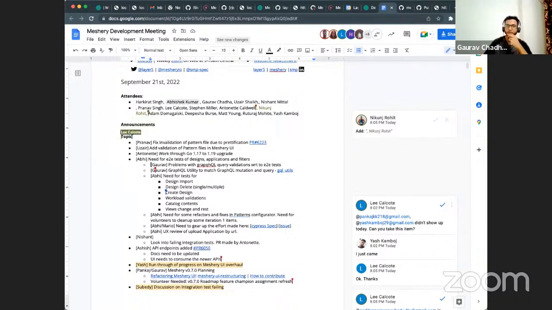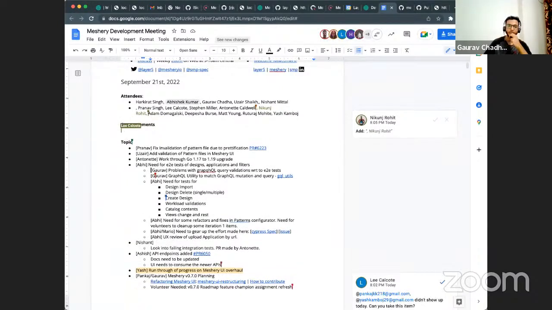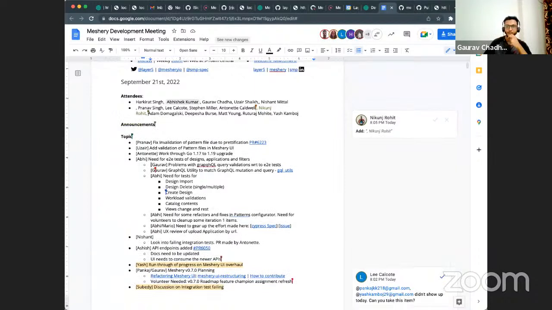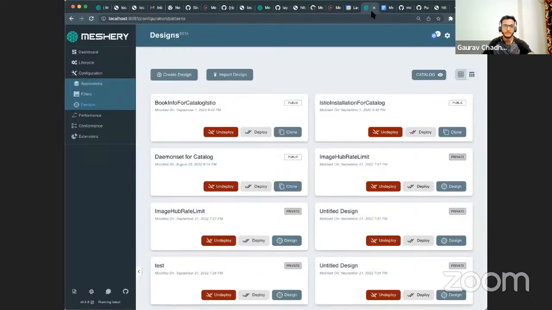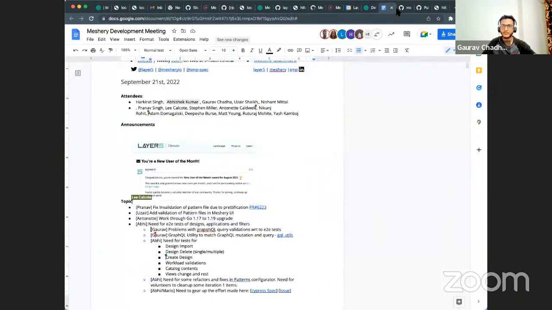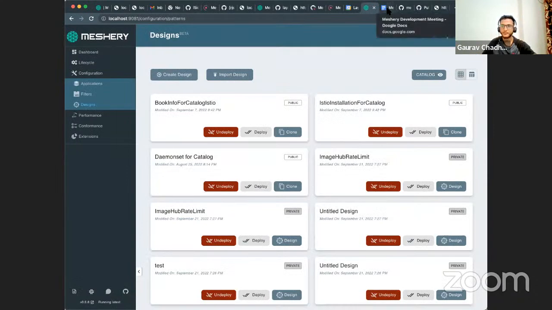Yeah, so related to the GraphQL queries and mutations, there are new requests for fetching the catalog content and filters as well, and in designs we're using GraphQL, and for that I have added GraphQL Utilities. If you could navigate to that, I've added a link in the meeting minutes.